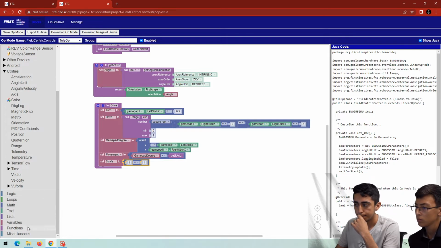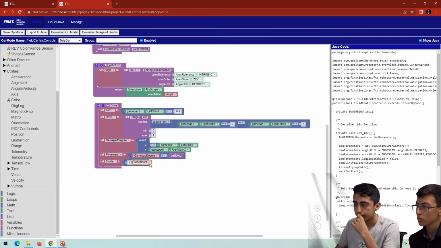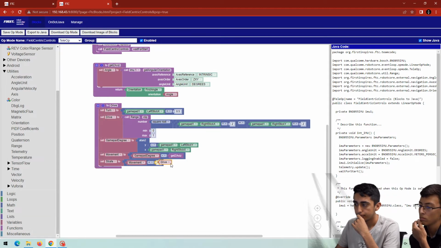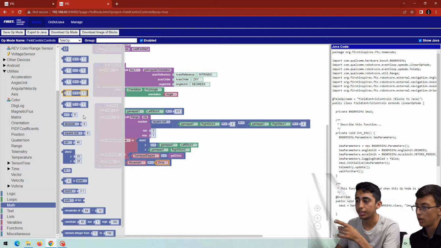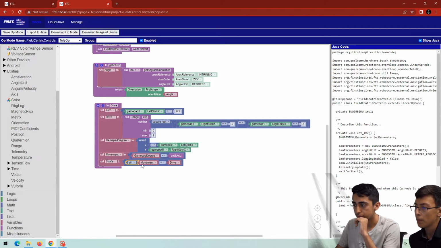So variables, movement, and the drive. Oh, it should actually be the cosine of movement, yeah. Right. Where's cosine? Right here. And take the cosine of the movement times drive, and then we'll make another variable